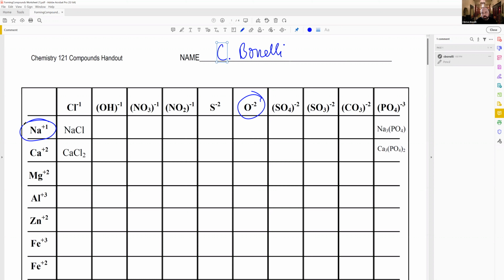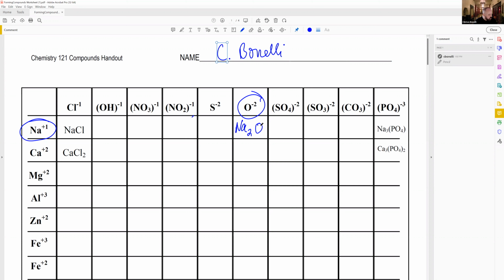If I were to go back to my drawing program, I could draw oxygen, figure out its valence, and then I could draw sodium, and I could see that sodium has 1 electron available to share with oxygen. And so it would take a second sodium to give oxygen the second electron that it's looking to have in order to fill its outer shell. Okay, so since I've just determined that it would take 2 sodiums to fulfill oxygen's need, I'm going to put sodium with a 2 subscript, indicating the 2 sodiums needed